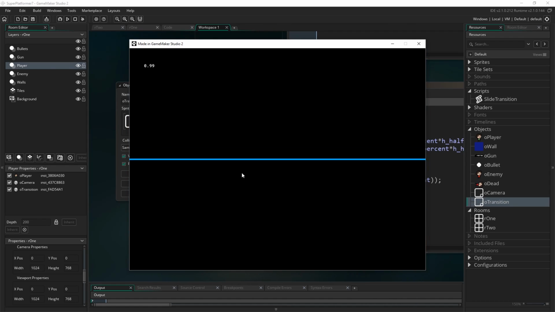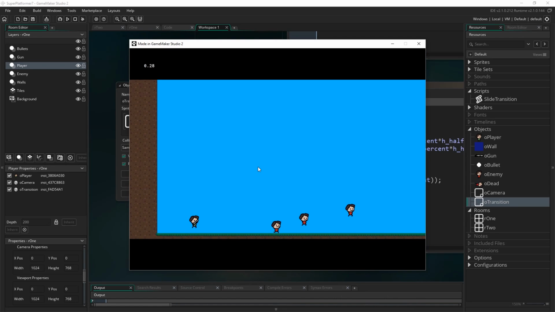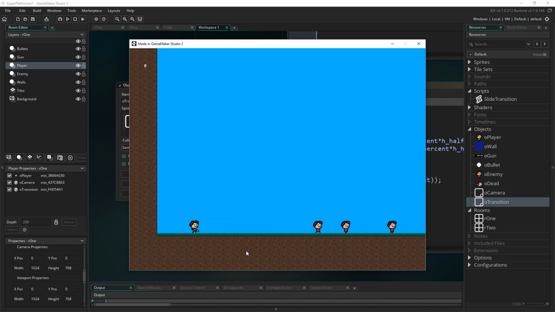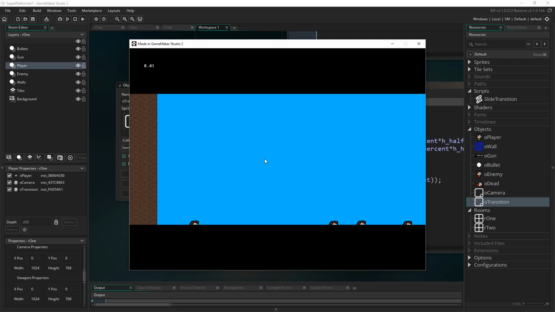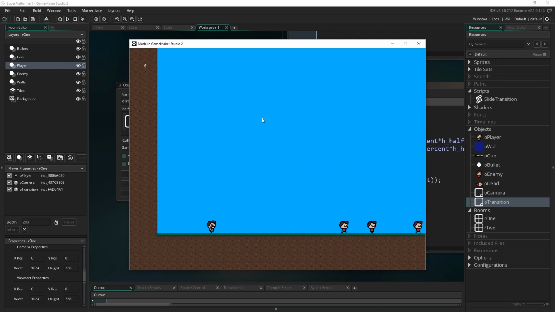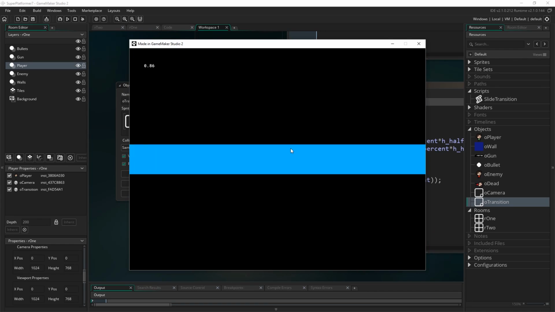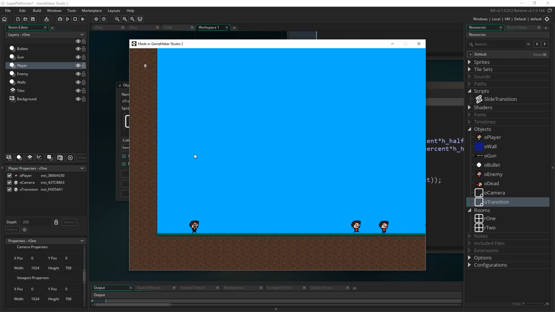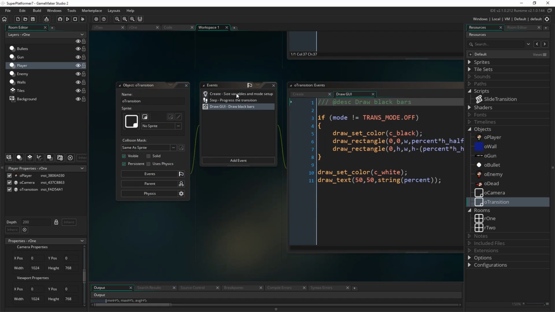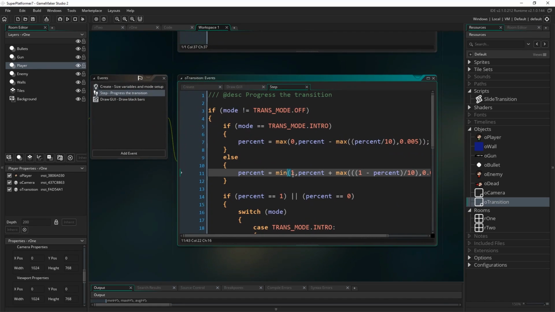Okay, so as you see, right at the start of the game, the black bar is already there, and it brings us back in. One thing you'll notice is it goes right away, like that. The moment it hits the middle, it just instantly warps to the next one, which you might like. I think it looks okay. But you might want to think, well, maybe I want a little bit of a delay there, just a slight pause where the screen is just black for a moment, just as a pacing thing. One very quick, kind of hacky, but simple way to do that is